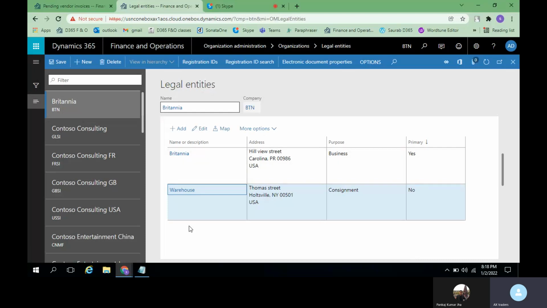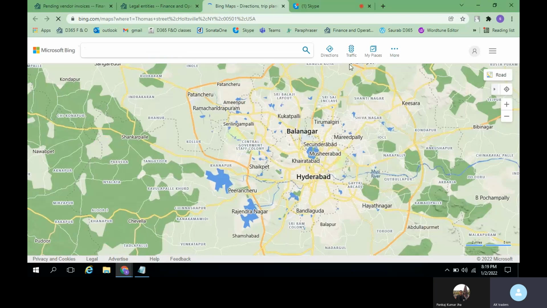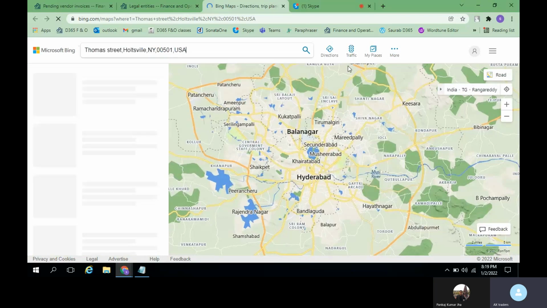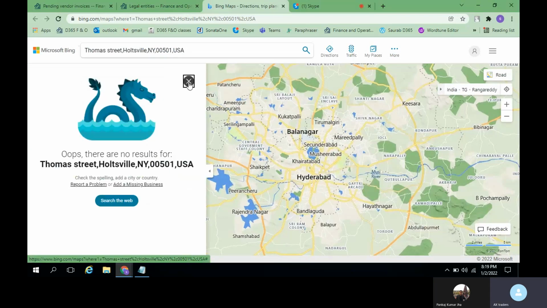Yeah. So like this, you can give multiple addresses, like one for warehouse and one for invoice collection. Depending on your requirement, you can create them. You can even click on the map, and you can add this Google Maps link as well.